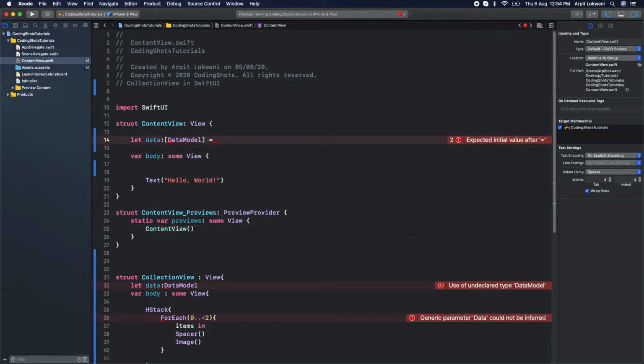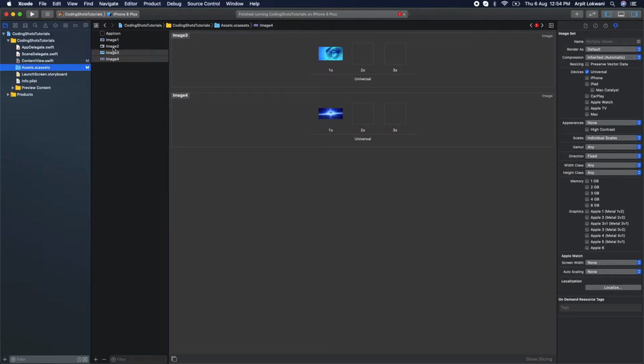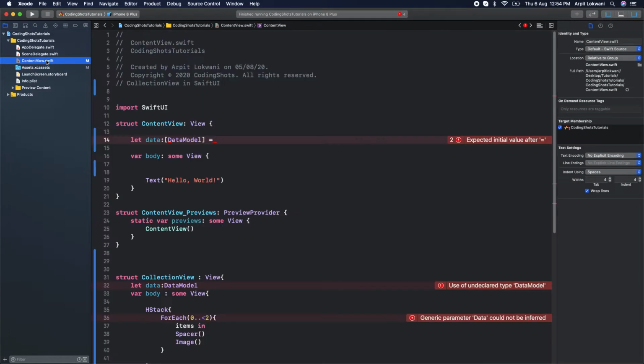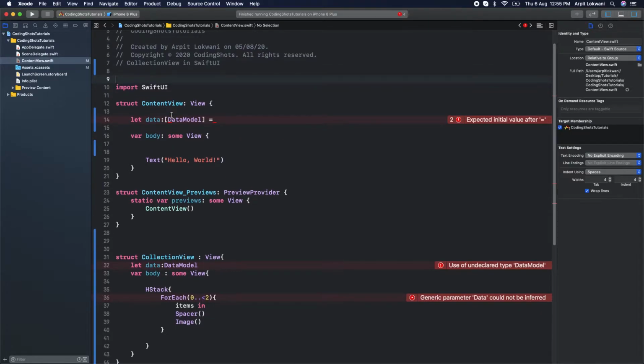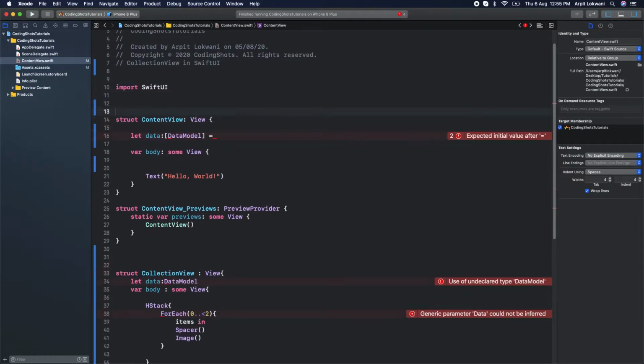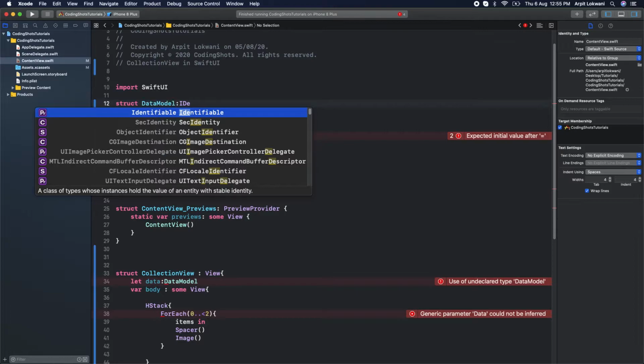But images, do I have the images? I think yeah, I have 4 images actually predefined, and yeah, we can use that. So what I can do, I will create the data model itself first. Actually I forgot to create that, struct DataModel, which is Identifiable.